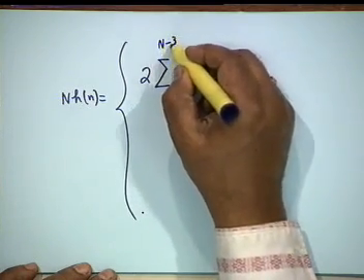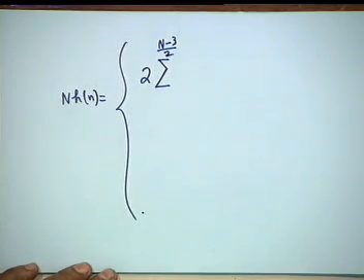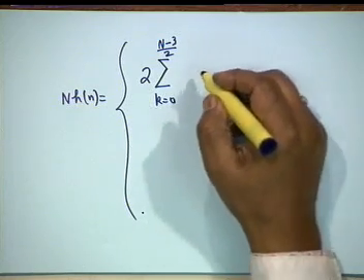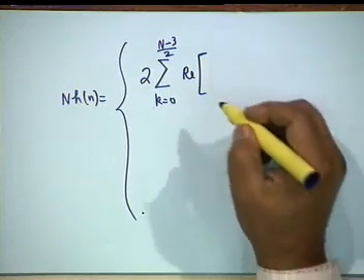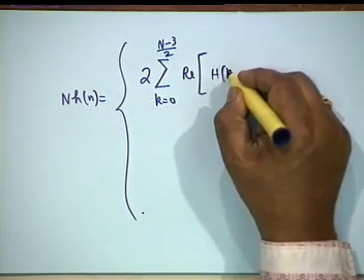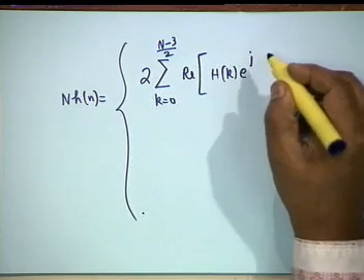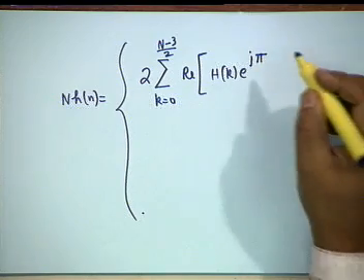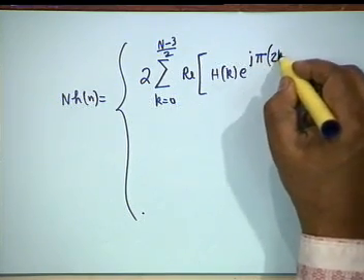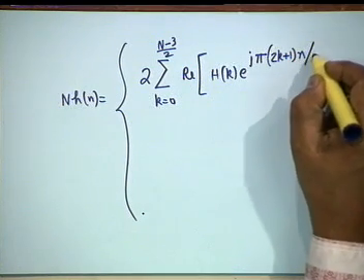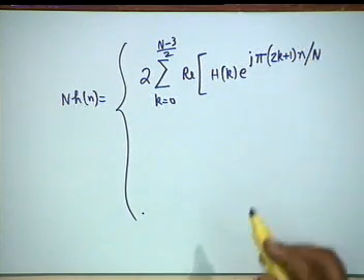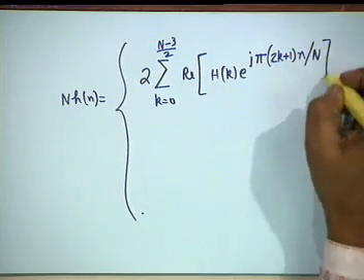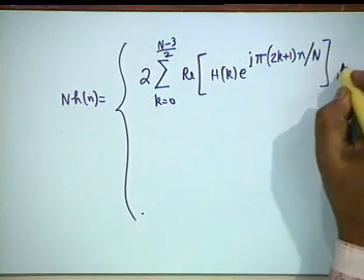So N minus 3 by 2, k equal to 0, real part of H k e to the power j pi, 2k plus 1 n divided by capital N. Actually it is twice pi by 2N, 2 I have cancelled. This is for N odd,